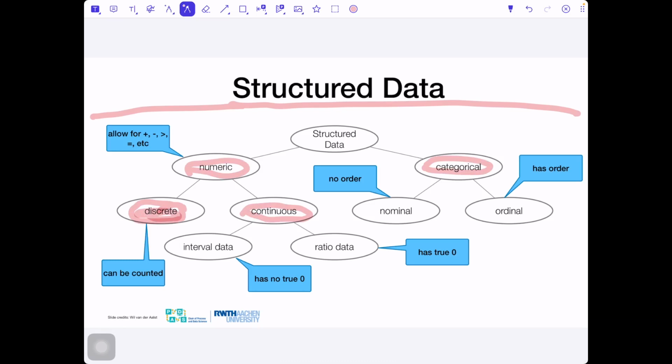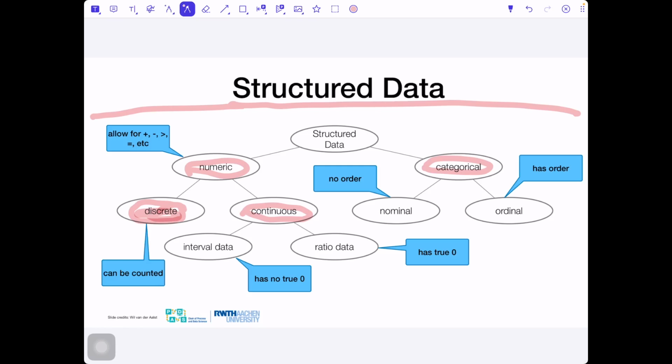So if we count how many people are taking part in our course, then it's discrete data. If we, for example, would like to measure the speed with which a car goes on the road, and the speed should be given with some accuracy, maybe 2, 3, 5 digits after the comma or point, then it will be continuous data.